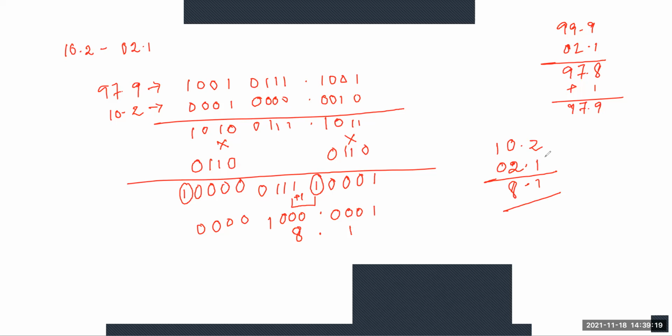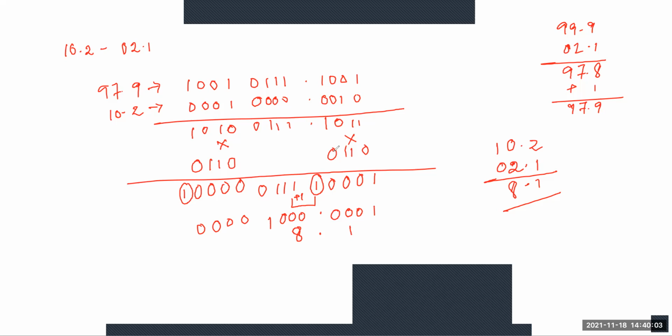Sir, doubt? Yes, in this question, we are subtracting BCD according to tens complement, right? If we subtract it using nines complement, will the answer be different or same? Yes, sir, the answer is the same, but the process is a little bit different. What difference, sir? I can see the difference is only in the last step. This is the main difference.